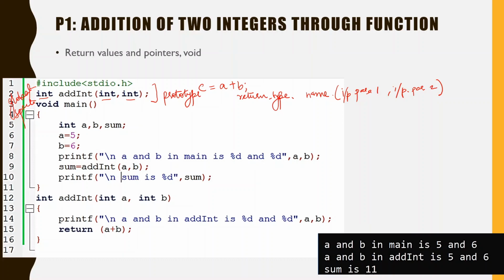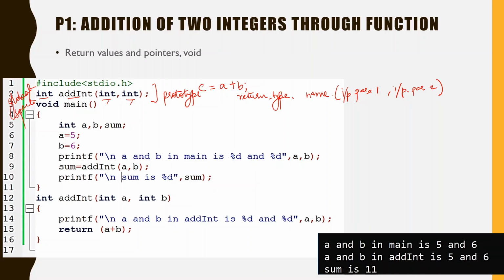Because we know that the prototype is a model of the function, it only says what kind of parameters it is going to take as input. What their names will be, and how it is going to return the output, will be declared in the later part. This is only a model which gives the name of the function, the type and number of the input data types, and there can be only one output parameter, whose data type is written in the prototype.